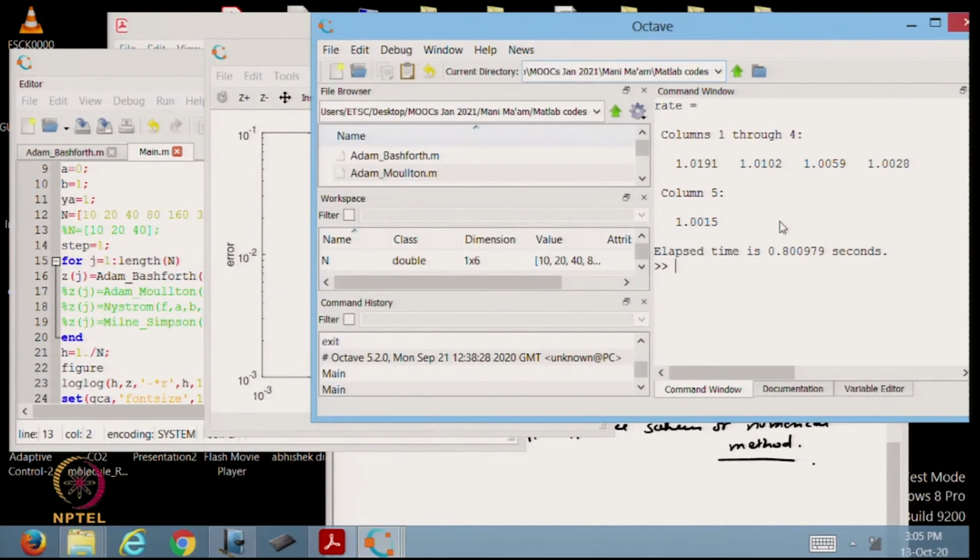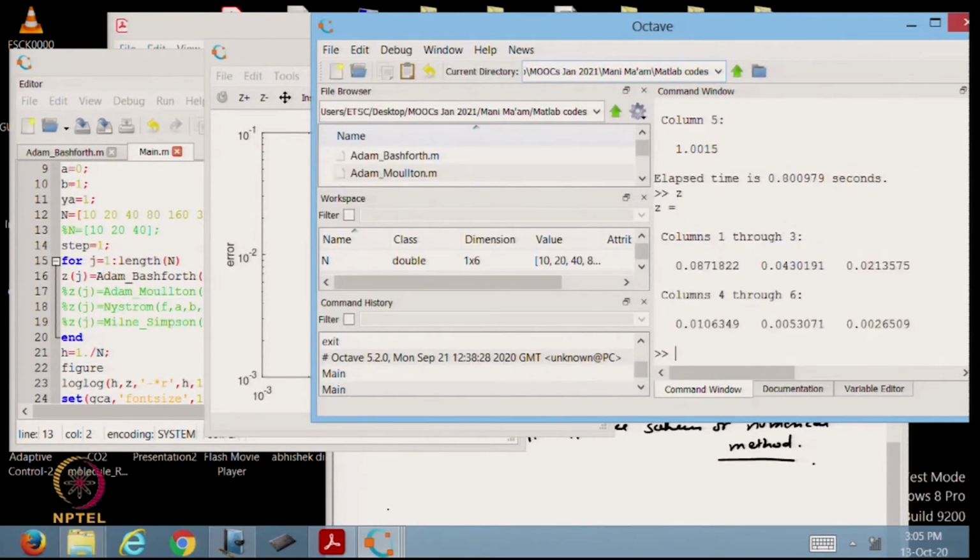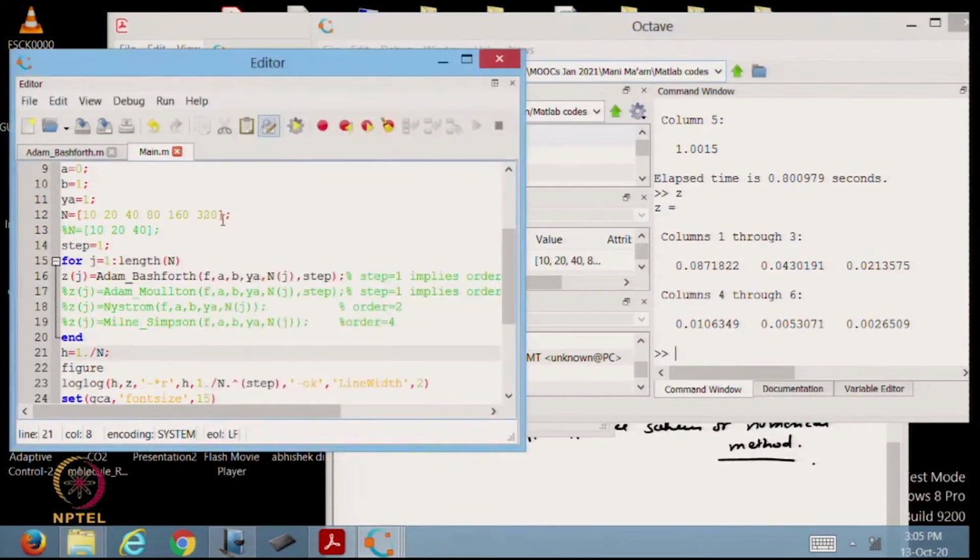So, you can type z here and you can see. If you want to decrease the error further, you have to increase n and you can go beyond 320, that is up to you, but I have just given you the flavor of how you can verify whether your difference scheme is converging or not with the help of one particular example which we have already discussed in our lecture class. Okay.